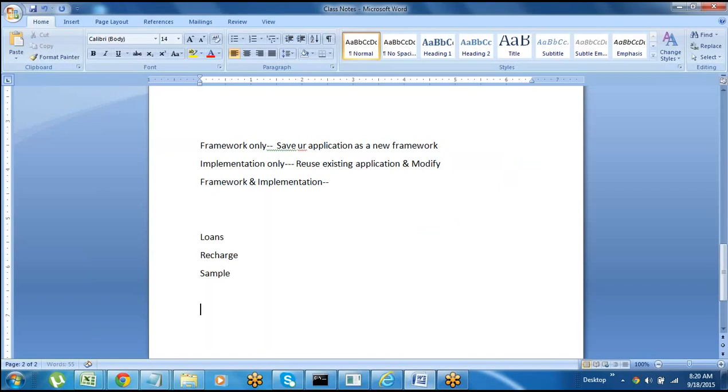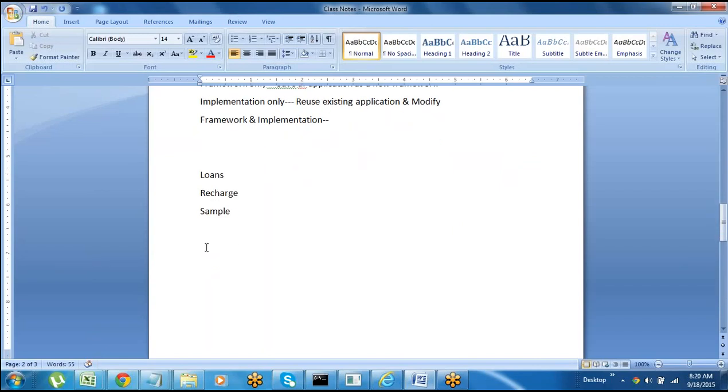See here guys, don't get confused. At the time of application creation I have given the organization name as Pega02. If you give your own name, for example Rahul, then your login ID will automatically be admin@Rahul.